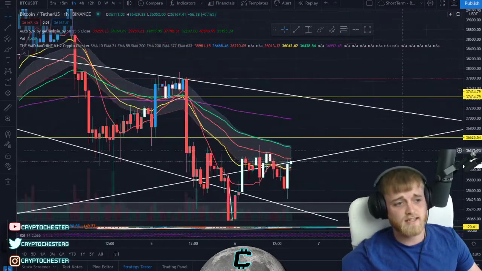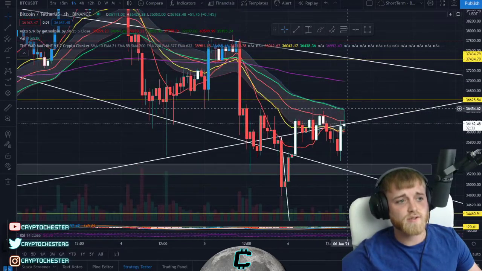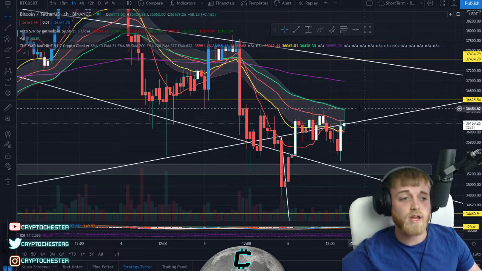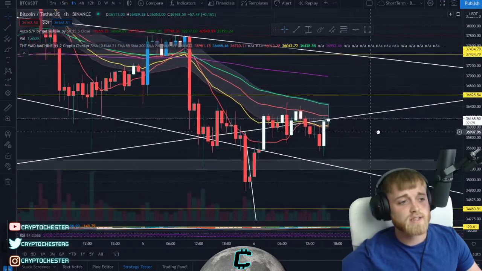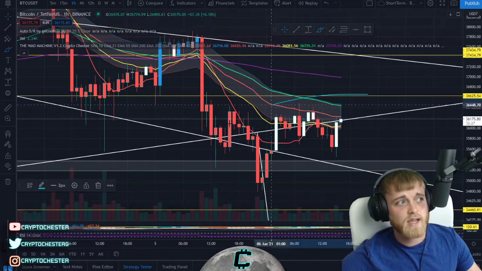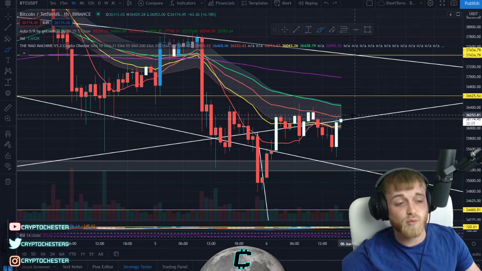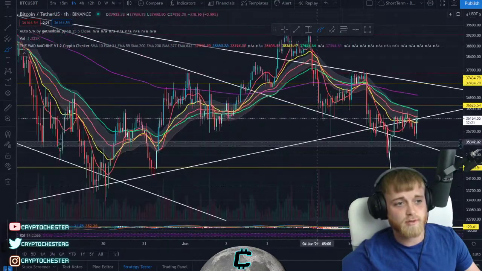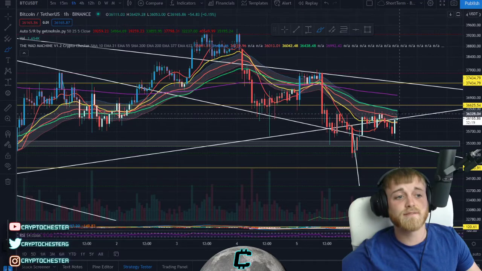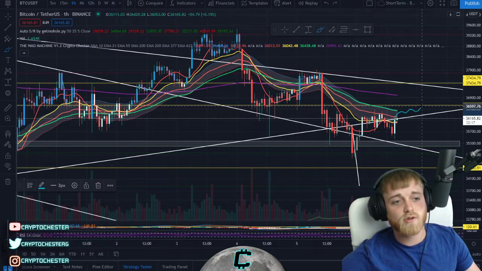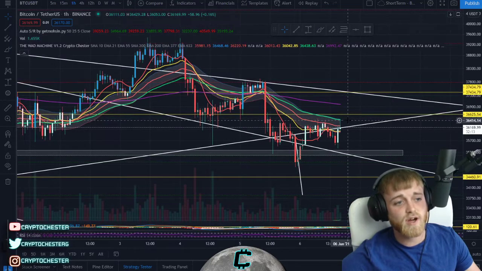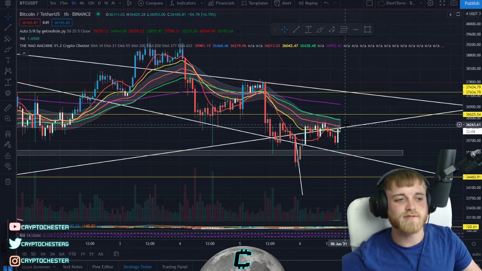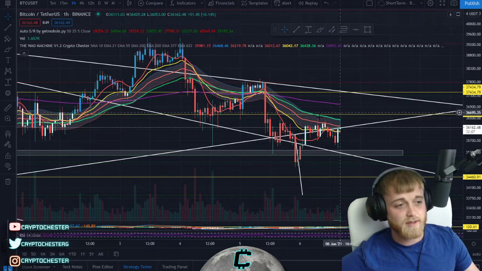As you can see, we are finding heavy resistance off this 55, which is this green one coming up here, right? We are finding heavy resistance off that. So yeah, in terms of a short-term target right now for Bitcoin, it would be to, one, get over the bottom side of this symmetrical triangle coming through here and claim it and find support on it, and hopefully start riding that wave to the upside here. And the second point would be to get over this 55 and stop finding resistance, and that is at that 36,450 sort of mark, right? Yeah, so that would be the short-term target for Bitcoin.